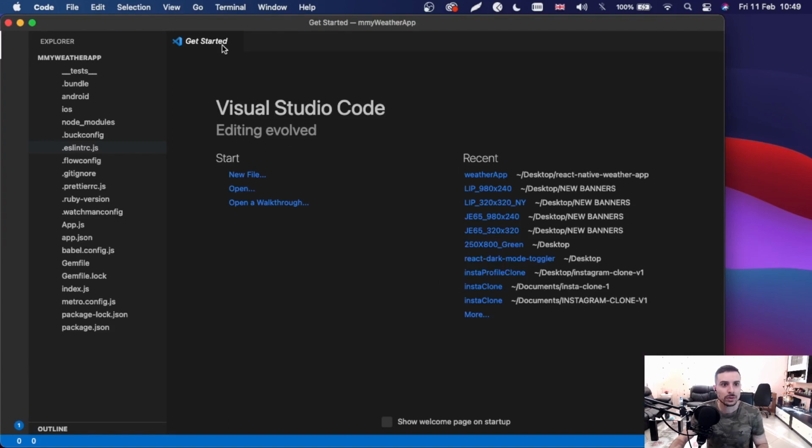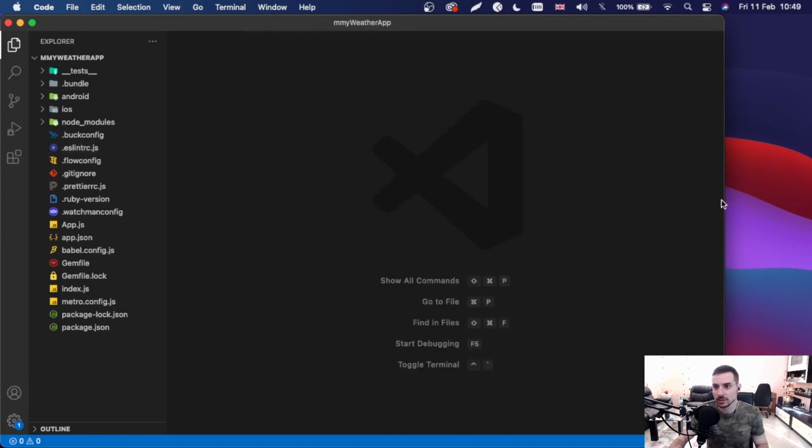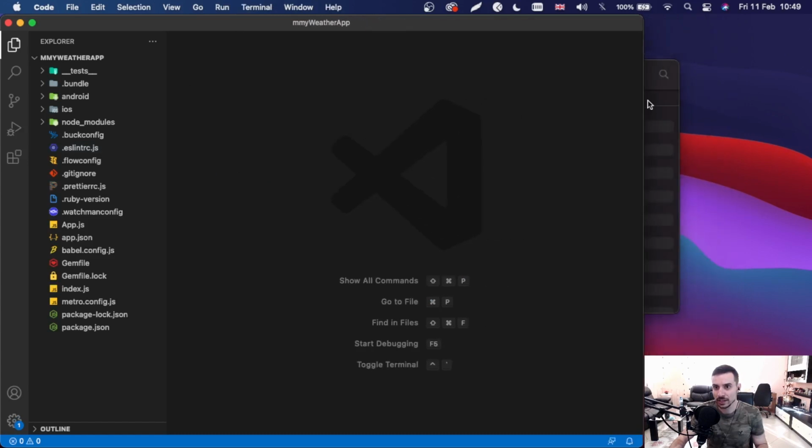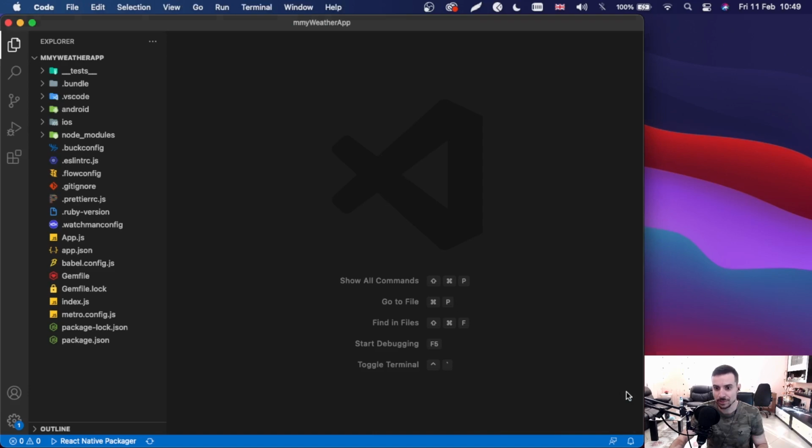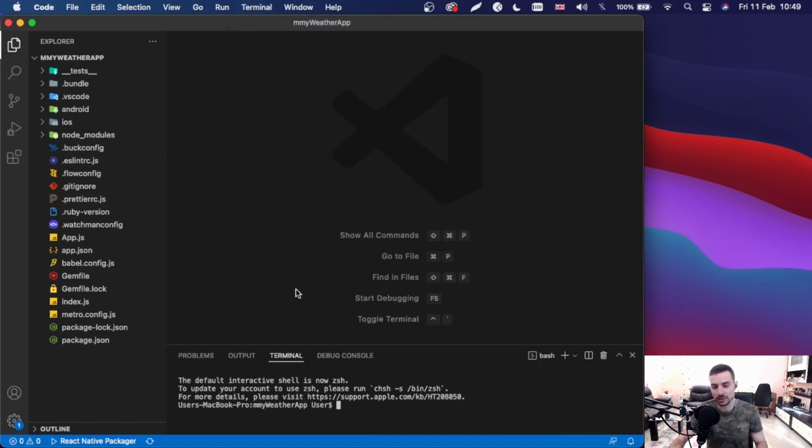We're gonna do a couple of things. We're gonna start the project, the basic one, to see what React Native gives us out of the box when we install a brand new project. And then we will install a couple of dependencies and we will import one asset which we will use for the background. So to start the project, we just need to open a terminal, and we need to say npx